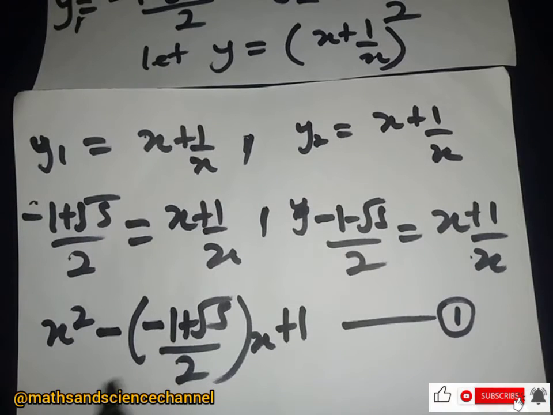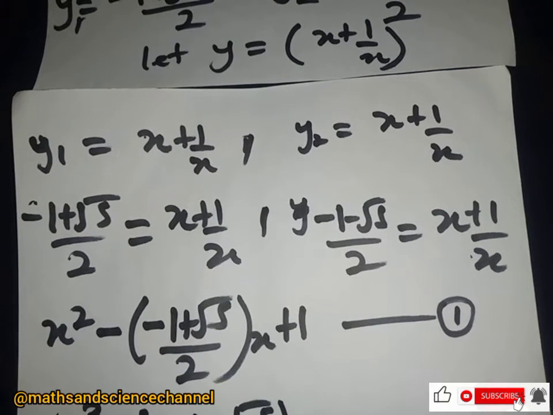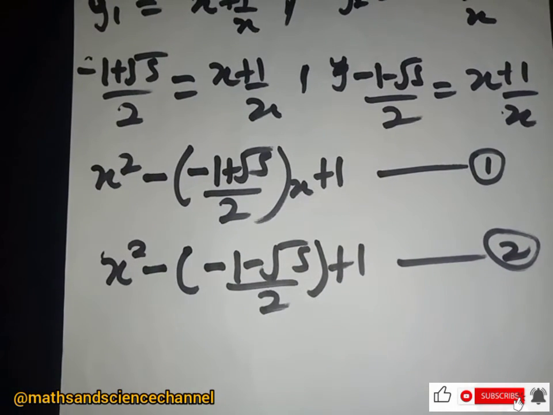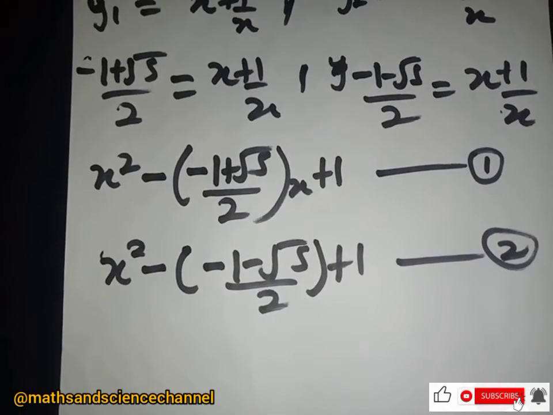And then with the second part we just have x squared minus into bracket negative 1 minus square root of 5 divided by 2 here, plus 1, equal to 0. So we have another quadratic equation over here that we have to solve using the quadratic formula,